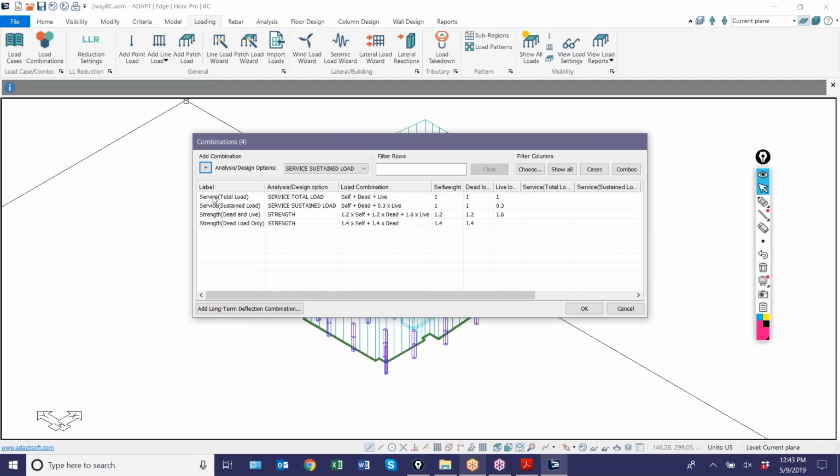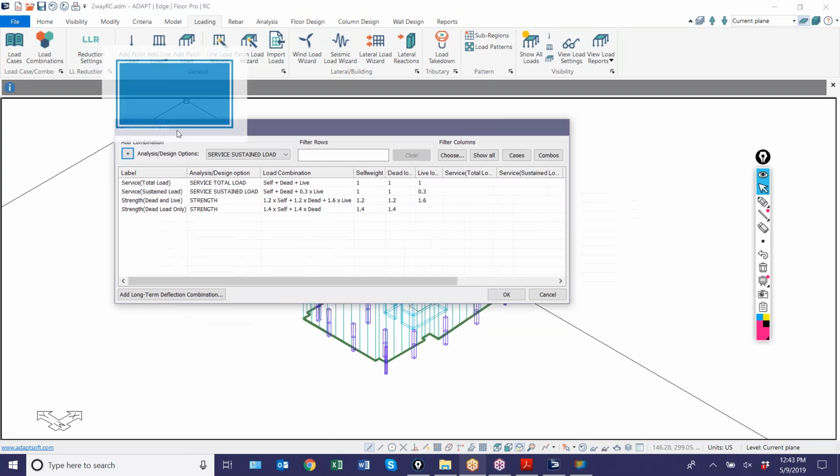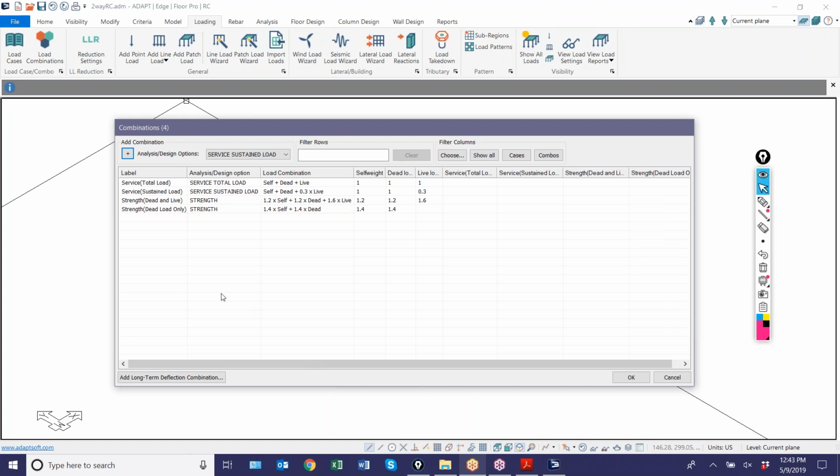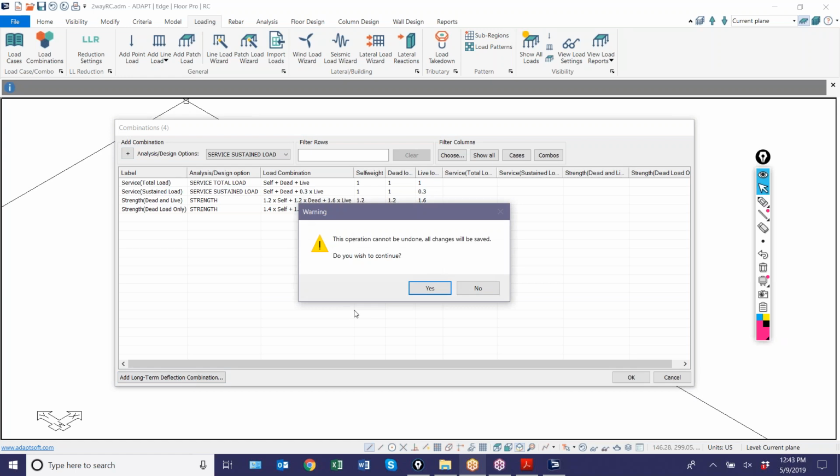For this model, we want to check the model for cracking under sustained load and long-term effect. So I'll create a basic set of combinations to do this. This could be more complex, or you could have more combinations, to predict different stages of load being applied and whether it's cracked under that stage and what the long-term effect is at that particular point in time. But I'm going to use this option to add a long-term deflection combo,